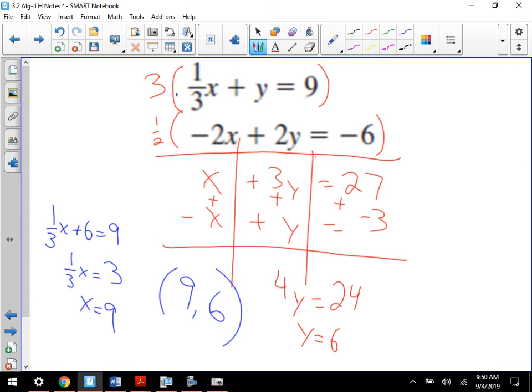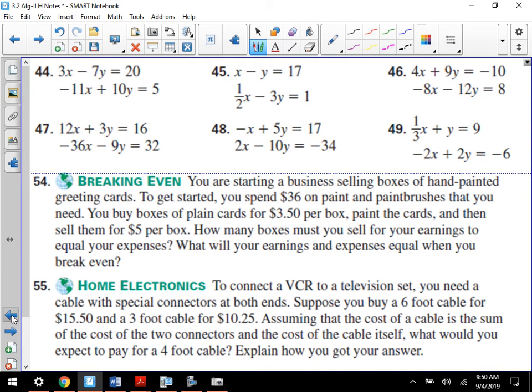What others of those did you want to see tips or tricks of different ways of maybe thinking about doing it than what I did versus what you did? What did you guys get for 47? Oh, I hear infinite solutions and I hear no solutions. Let's make sure we look at that so we can decipher the difference between the two. So, right off the bat,